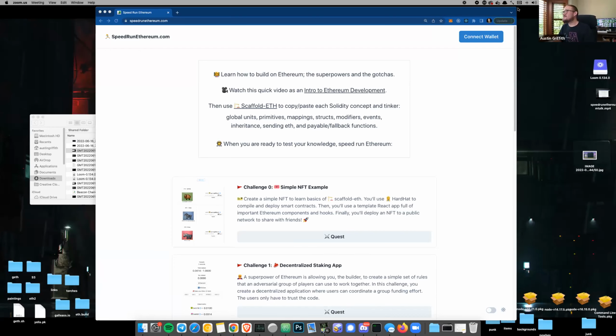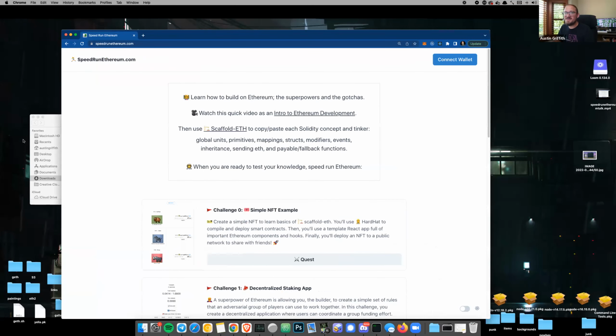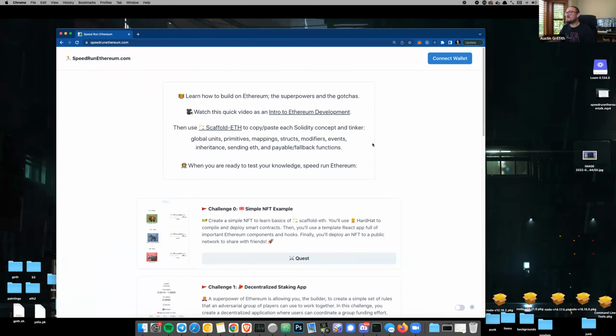And the best place to get started is speedrunethereum.com. So here's speedrunethereum.com. It is a curriculum that we've put together after many, many hackathons of building. And we've found what works on Ethereum, what doesn't, what tools you're going to need to learn. So this is Speedrun Ethereum. If you go to speedrunethereum.com, you can watch a quick intro and then you'll want to get started